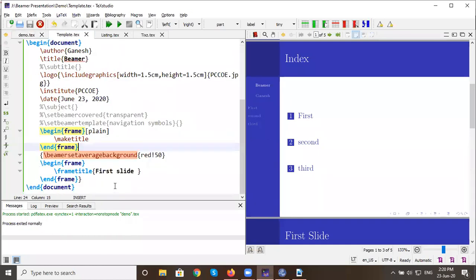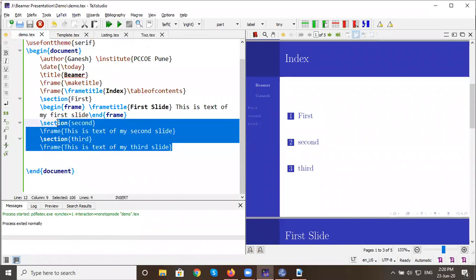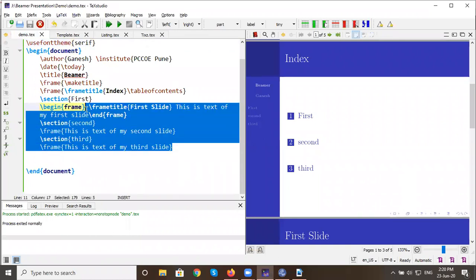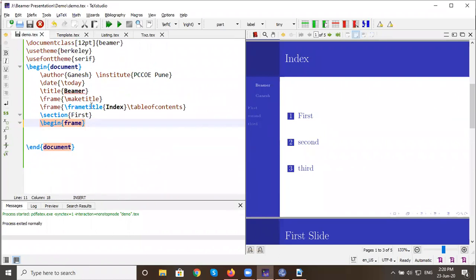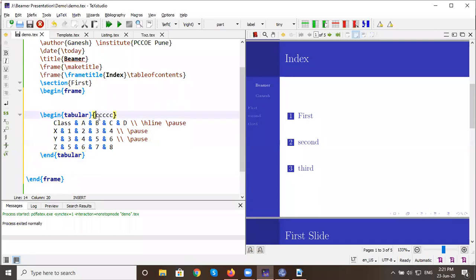In this template, we delete all the slides, and in the first one, we write begin frame and end frame. In between, I put this table. By simple observation, one can say that this table has 5 columns and 4 rows. If you run it,